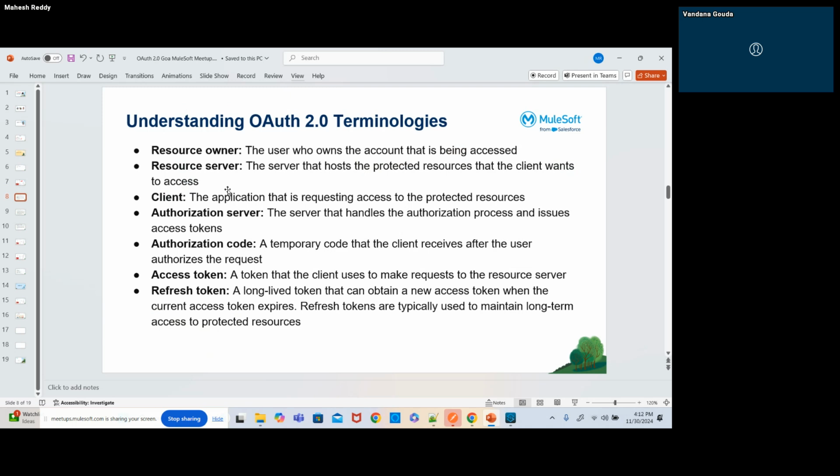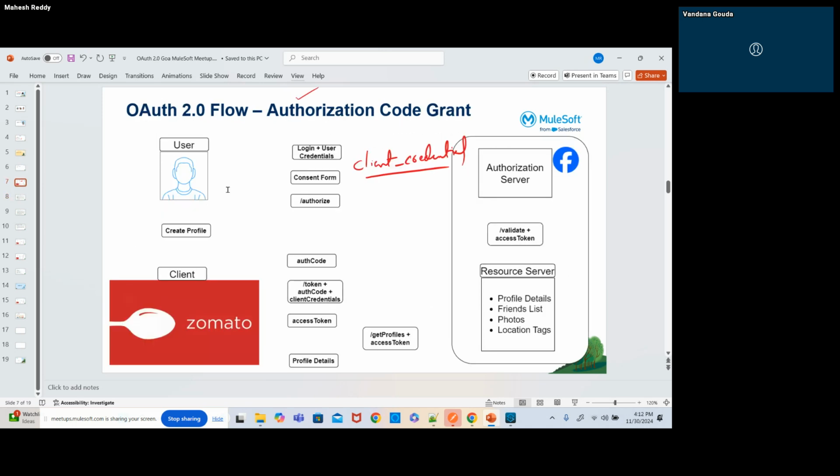And coming to the terminologies, obviously there are different terminologies involved in the OAuth process, and we have to understand all these terminologies. Otherwise, it would be very difficult to understand and implement OAuth. Okay, what are the different terminologies? Resource owner. What is resource owner? Whenever the user, for example, like